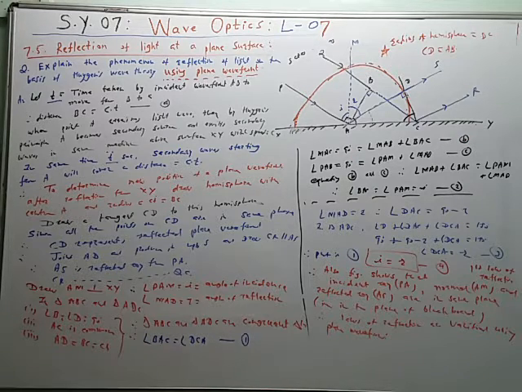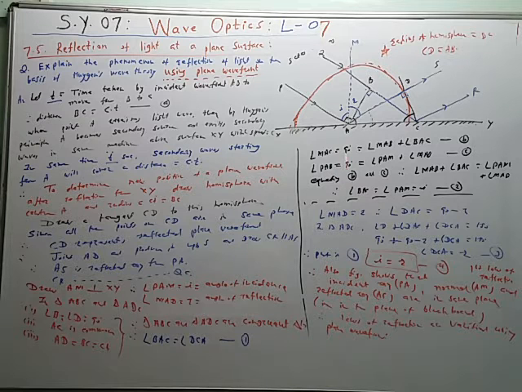Now this angle PAB is also 90 degree. Why? Because AB is a wavefront and this is the wave normal. So wavefront and wave normal are always perpendicular to each other like this. And therefore PAB is equal to 90 degree, but it is also the sum of the two angles. One is the angle PAM, that is I, and other is the angle MAB. So angle PAM plus angle MAB is equal to 90 degree.